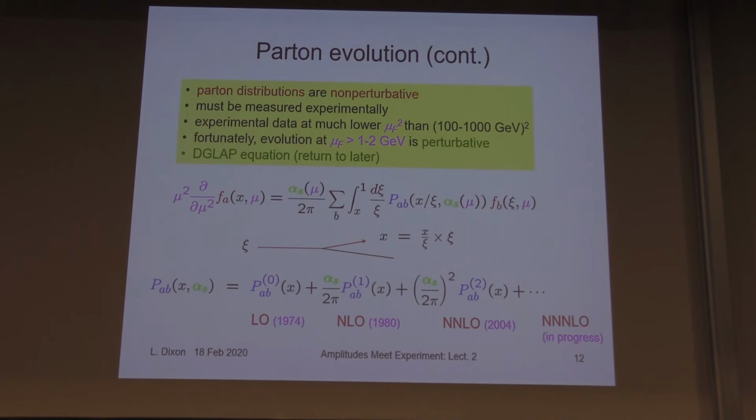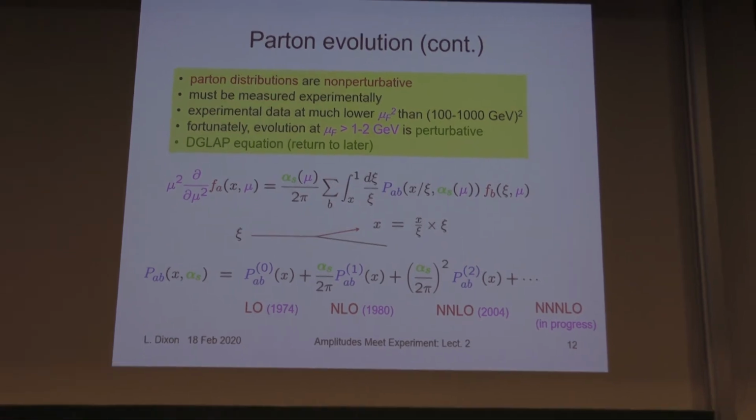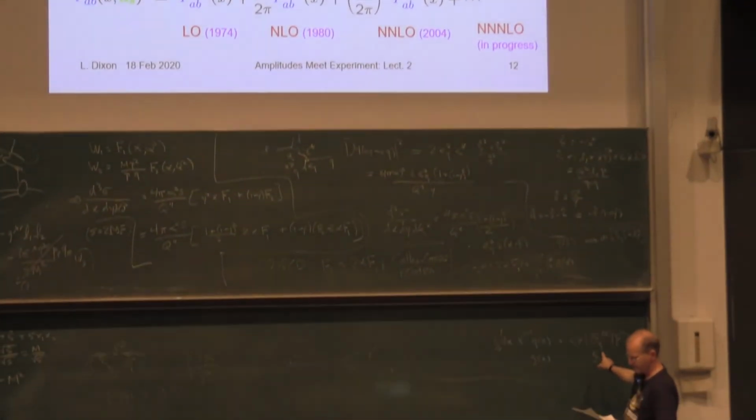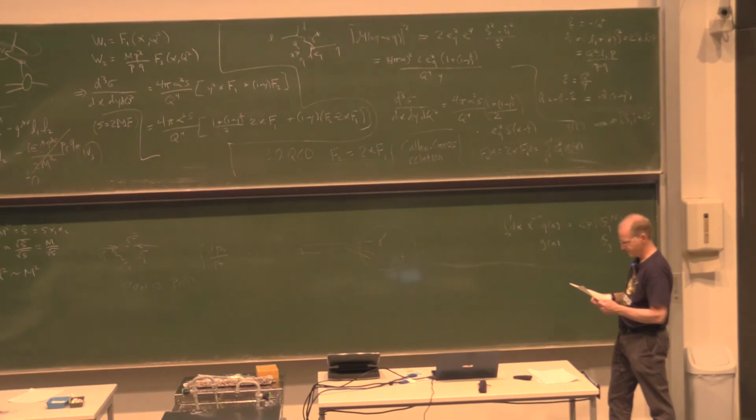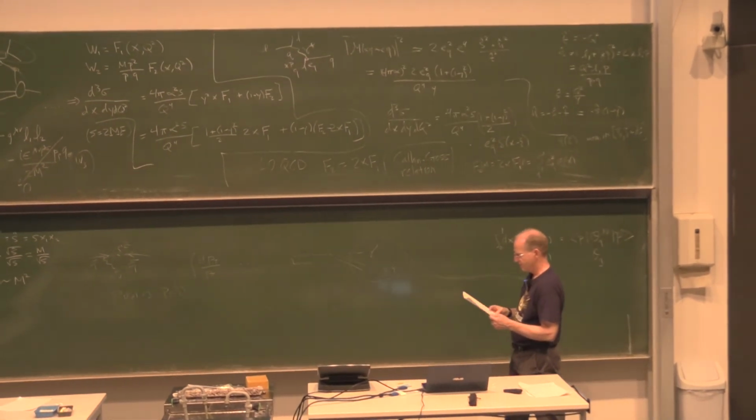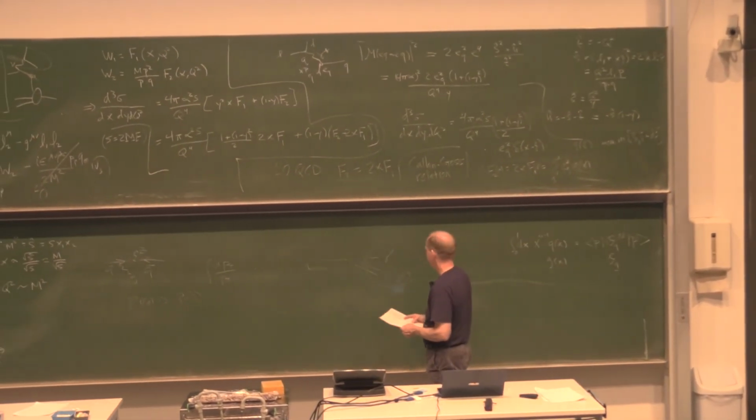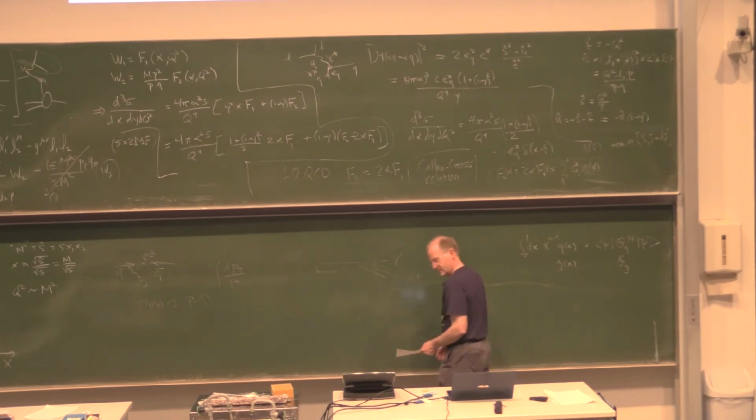And this is an integral differential equation, but it can be diagonalized by going to Mellin space. And in Mellin space, it's interpreted as anomalous dimensions of these operators. So there's a relation that is